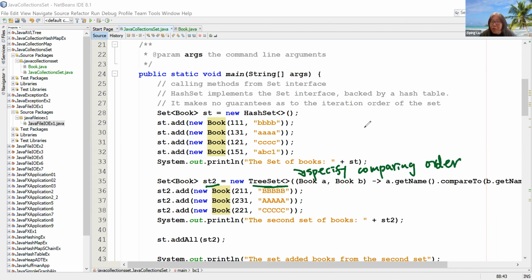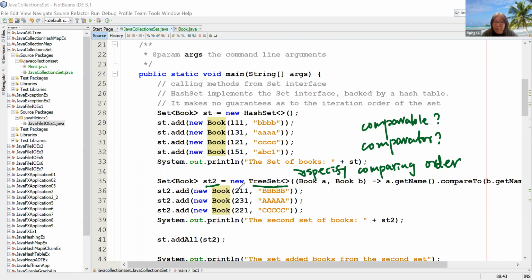You want to use either the Comparable interface or the Comparator. So over here it says, okay, I will let this TreeSet